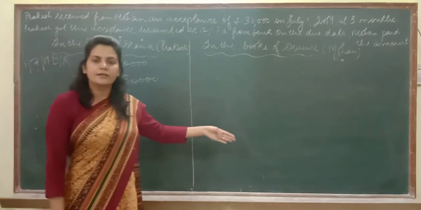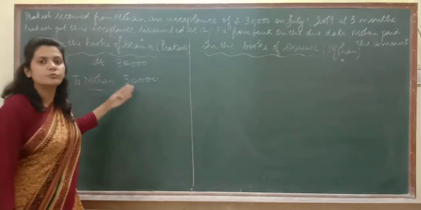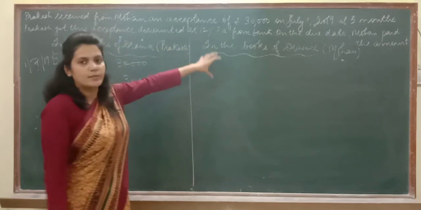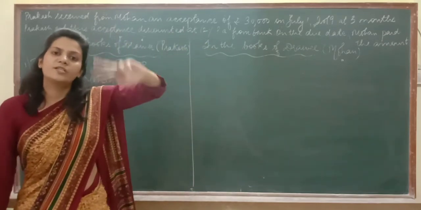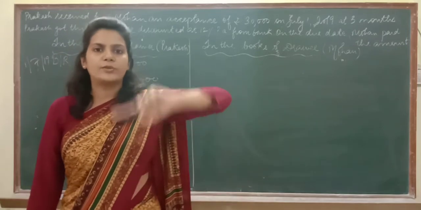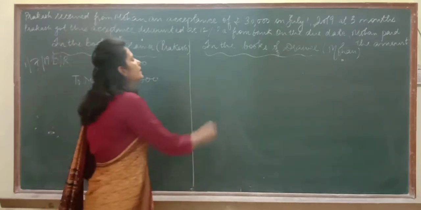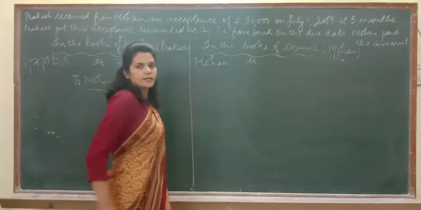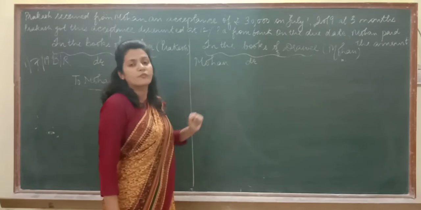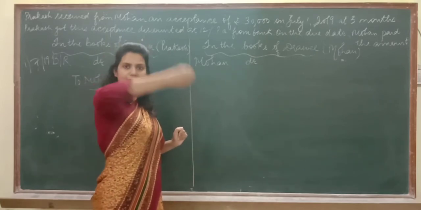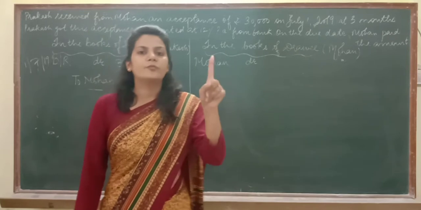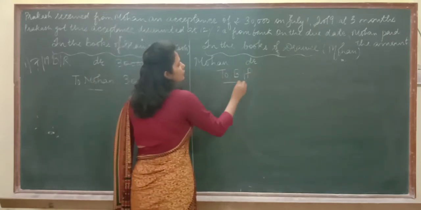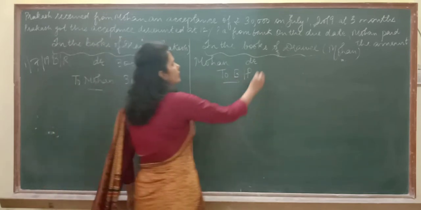Now the same happened here. As Mohan has to give money to Prakash, Prakash was his creditor. Now as Mohan has accepted the bill, the debtor has been changed into bills payable. It means one liability has been changed into another liability. So Mohan is no longer a creditor, so debit him, remove him from the list of creditors. But as he has been entered into the list of bills payable, it means one more liability has been created, and to create a liability, we have to credit that particular thing. So the entry will be Mohan's account debited to bills payable. Here the amount is 30,000.